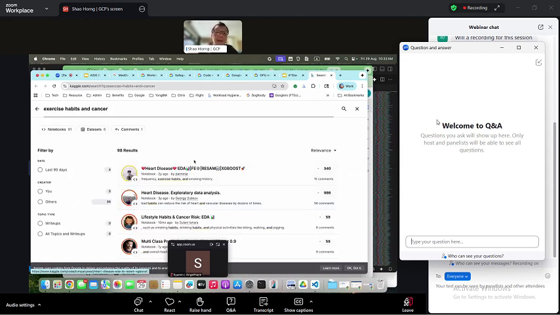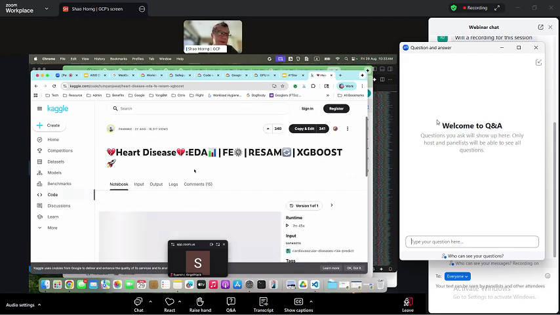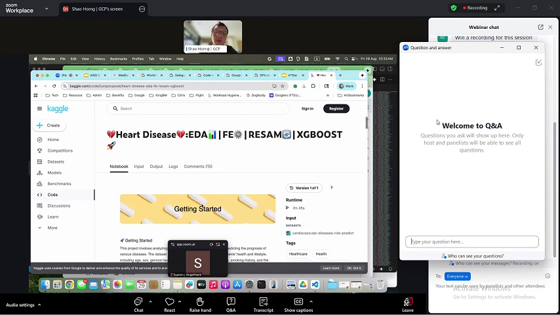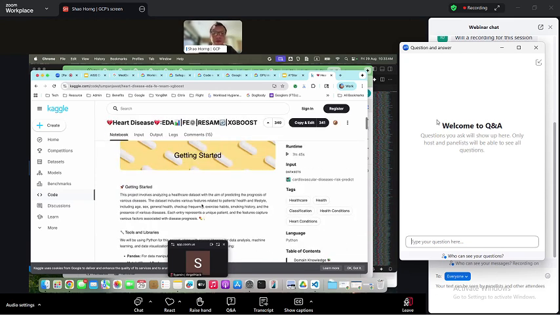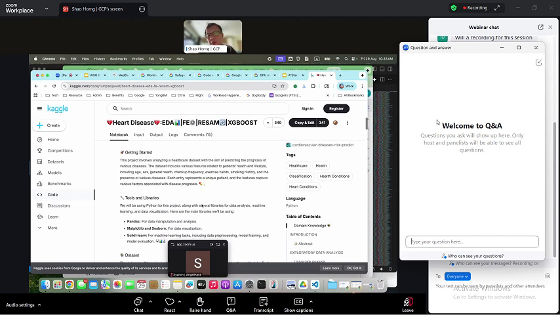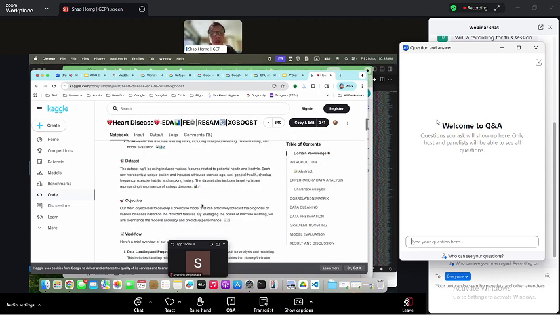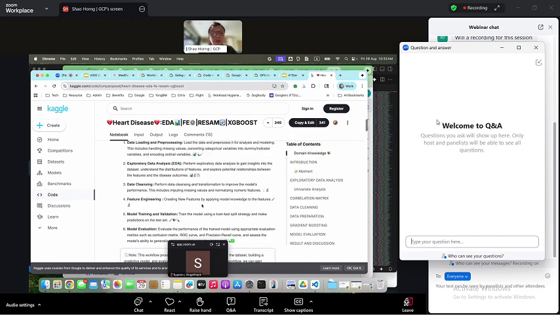Kaggle is a platform for data analytics and machine learning. It's an open source platform, so people have contributed quite a fair bit to this platform. It's quite popular. So over here we actually have a table that captures